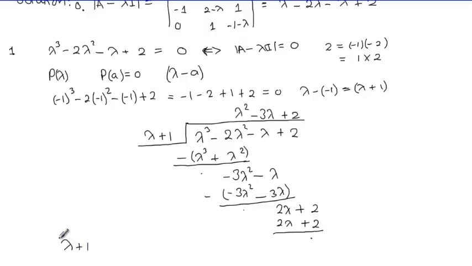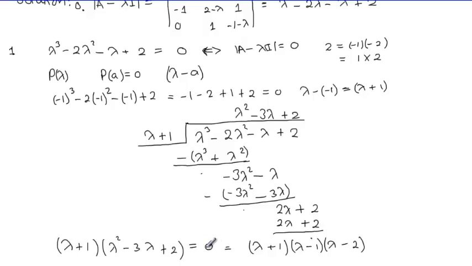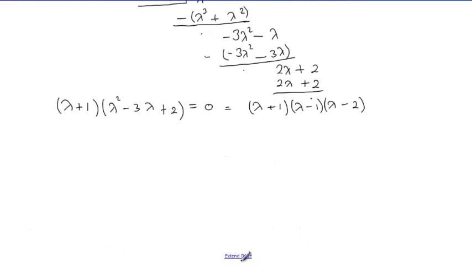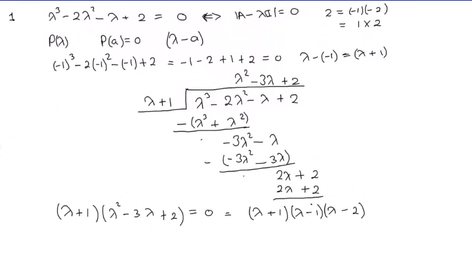lambda plus 1 multiplied by lambda squared minus 3 lambda plus 2 equals to 0, where we can see that this quadratic expression is factorizable, and then we write this as equals to lambda plus 1, and this can be factorized as lambda minus 1 by lambda minus 2, and this being equal to 0, we can now conclude that the zeros of the polynomials there are, therefore